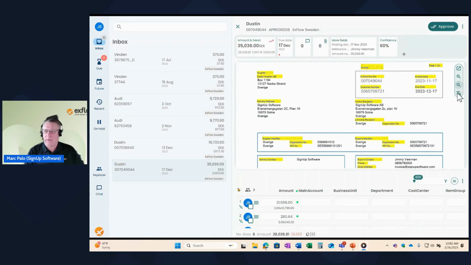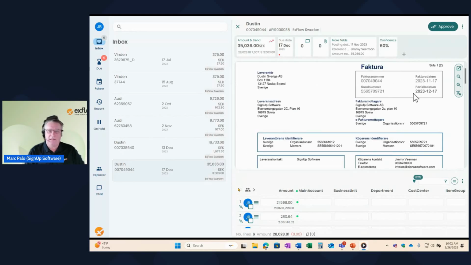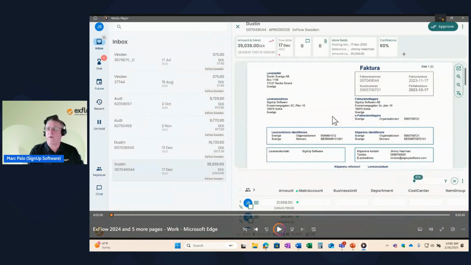I can toggle back and forth in the supported languages, and then you'll notice the confidence trend there. This is telling me this invoice is about 60%, maybe review some lines, analyze the history, get it up to 85% probability, and then approve that invoice. So again, just a little snippet of the future that I wanted to show you today to end the webinar,